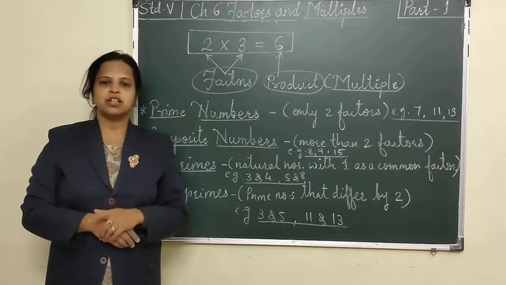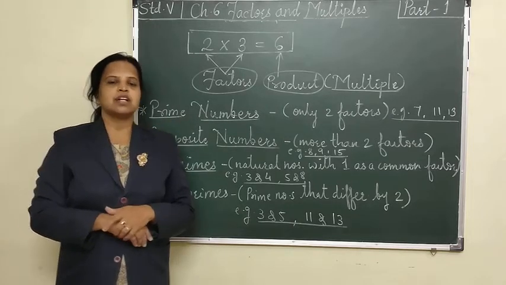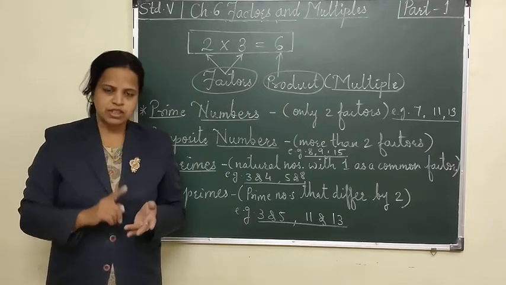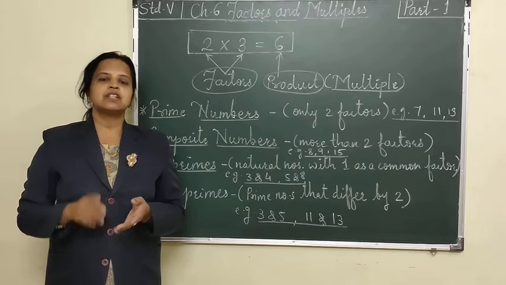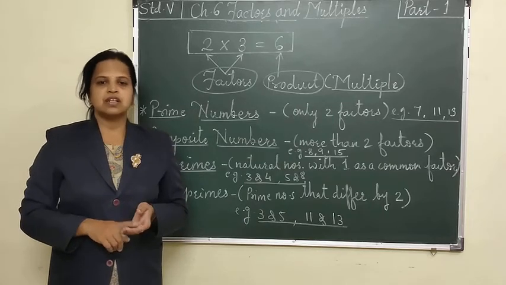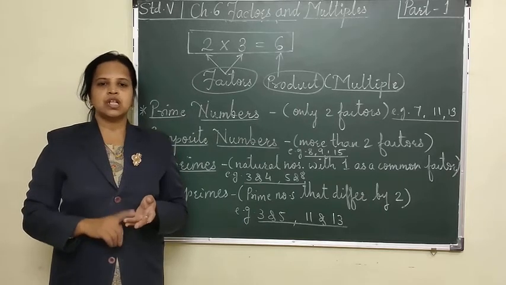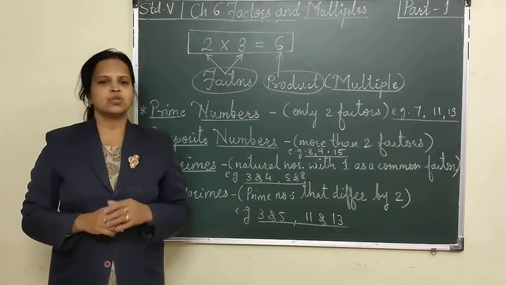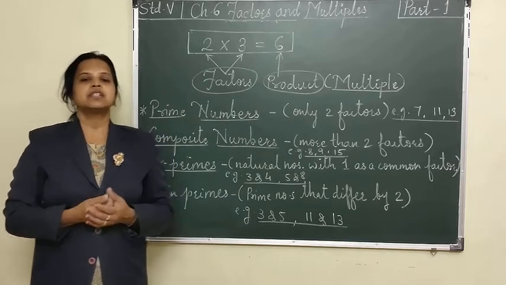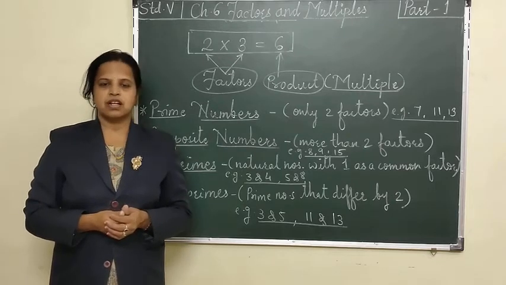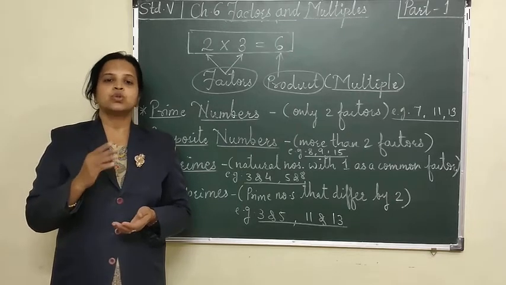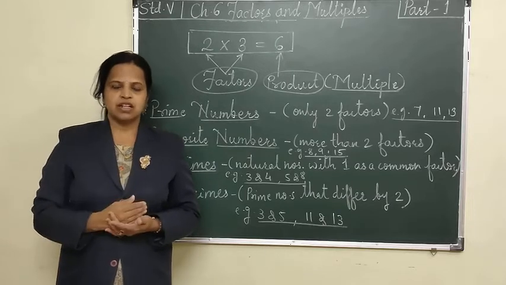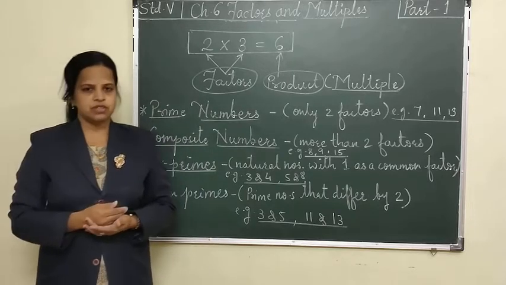What did we study at that time, do you remember? We saw what is a factor and what is a multiple. In the same way we studied the divisibility rules: the number is divisible by 2, 3, 5, 6, 9, 10. All these tests also we studied. In the same way we saw prime factorization. There are two ways to show prime factorization: one was drawing the factor tree and the other was the continuous division method.